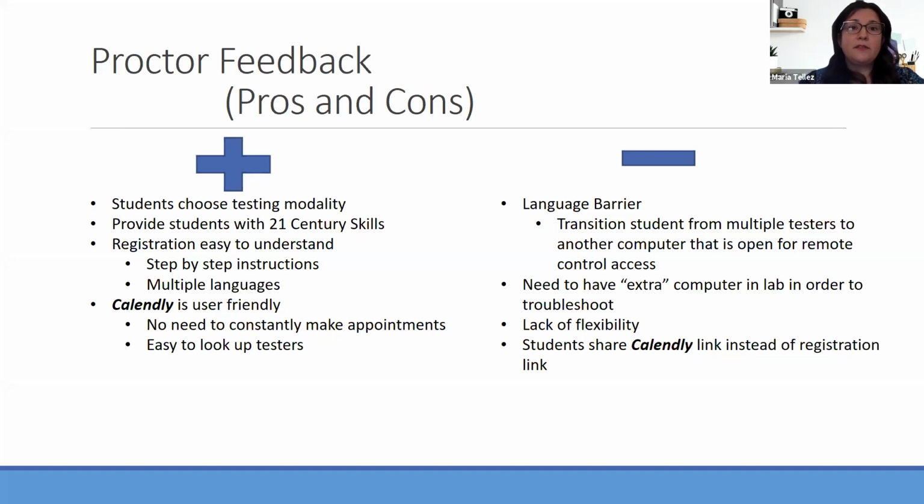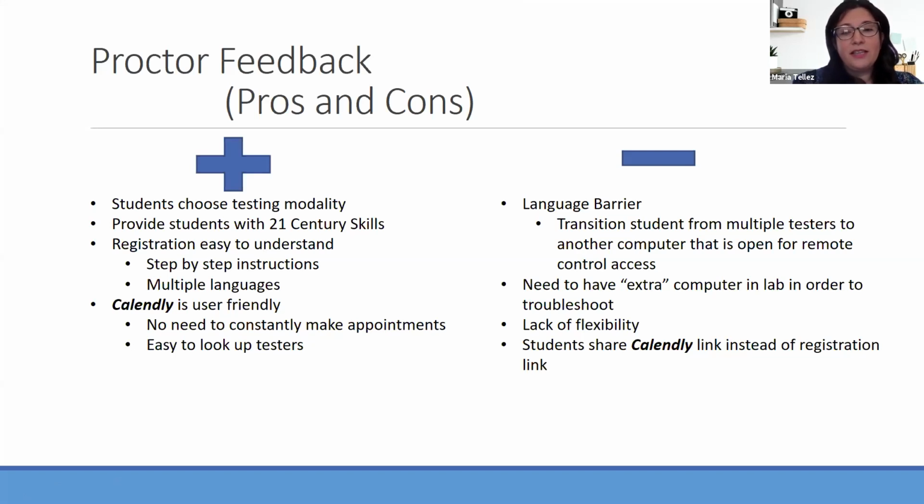So Calendly has a feature where you can export an Excel spreadsheet, and it will show you who's going to be testing in the future. So you could check them out to see who's tested. Also, you can pull out an Excel spreadsheet of students who were in the past that have tested or didn't test. But as pertaining to that question that I got earlier with regards to language barrier,